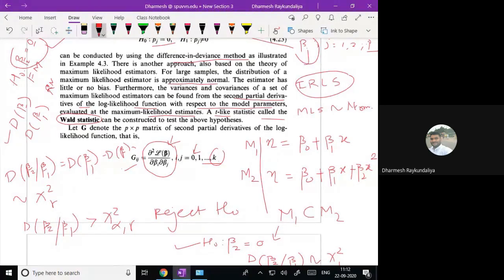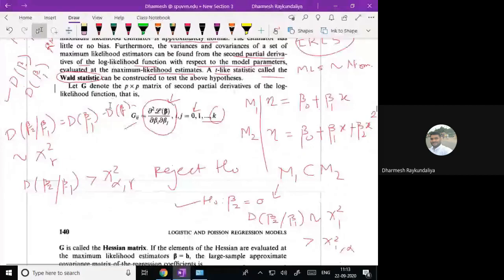Because we have considered the estimate of sigma square as the residual deviance divided by the corresponding degrees of freedom. But when we approach through the log likelihood, we say that we have considered sigma square equal to 1. It means that sigma is known, so the ratio of the estimate divided by the corresponding standard error is nothing but the z statistic, and it has a normal 0, 1 distribution.